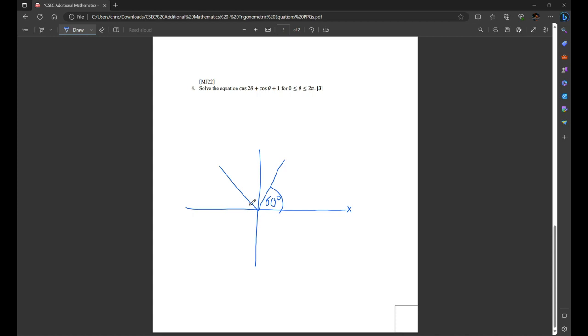So if we want the angle in the second quadrant, that's 60 degrees when measured from the x-axis. So that's what we always mean. So the reference angle is always taken from the x-axis, as all angles are measured from the x-axis. So if we want the angle that's 60 degrees from the x-axis in the second quadrant,